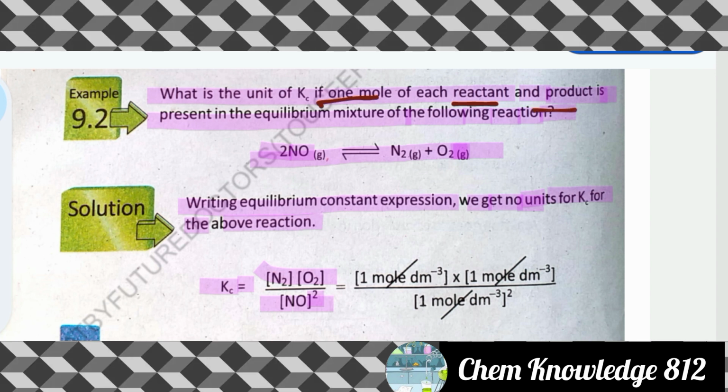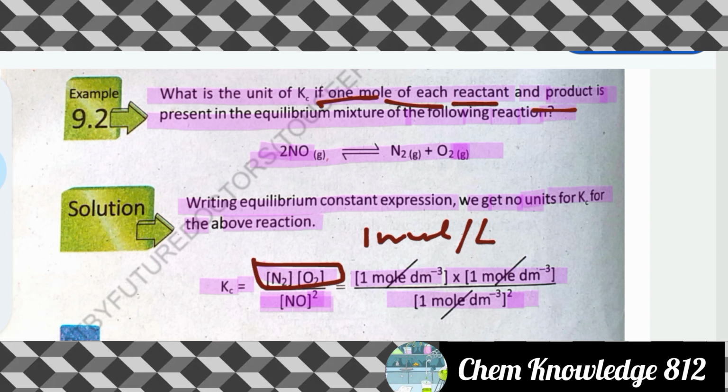So both reactants and products are 1 mole. So this is the product N2 and O2, and we are given 1 mole of each reactant and product. So 1 mole per cubic decimeter, and we can say 1 mole per liter, because a cubic decimeter is also equal to a liter. So in this case, the concentration of N2 is 1 mole per liter or cubic decimeter, while the concentration of oxygen is also 1 mole per cubic decimeter, while that of NO is also 1 mole per cubic decimeter